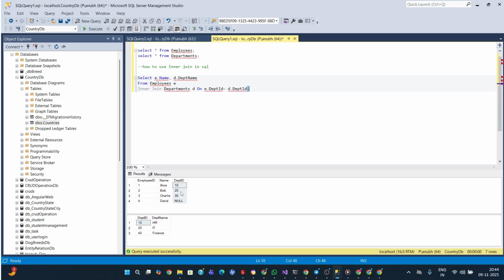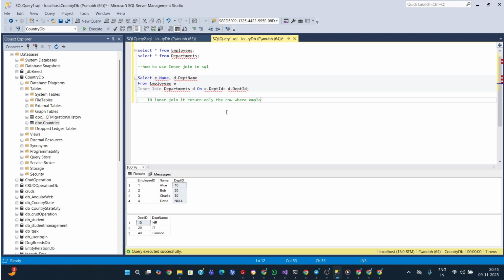So here you can see we have an inner join. Firstly I can write the definition of inner join. In an inner join, it returns only the matching records, like matching IDs. For example, in the employee table, you can see we have only IDs like 10, 20, and 30. But in the department table, we have 10, 20, and 30. So in inner join, we only fetch the matching records, the same ID. Like here, we can get only two records, where department ID is 10 and 20, because 30 is not in the department table. So I can write here: return only the rows